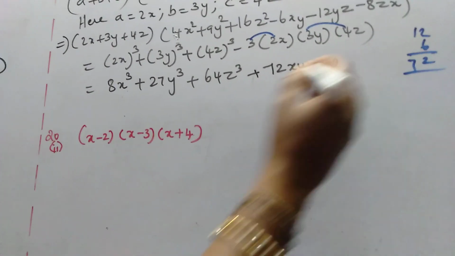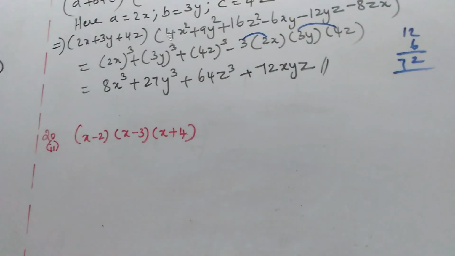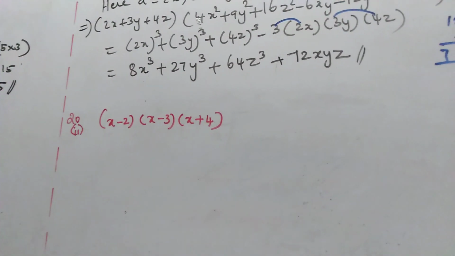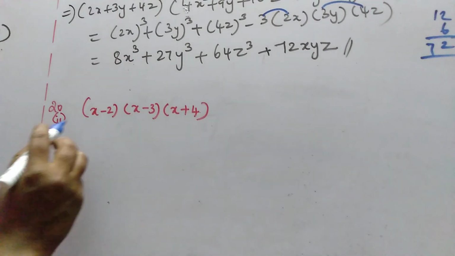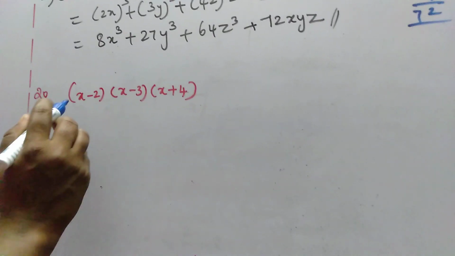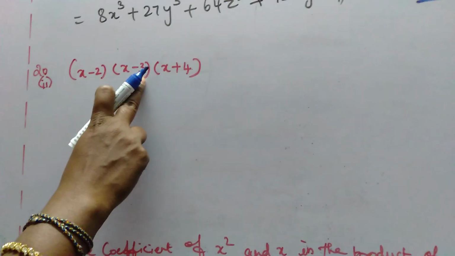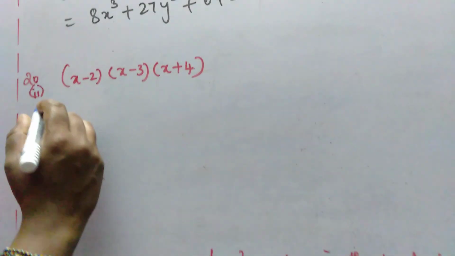This is the solution of this question. Next, which is question number 20. We want to find the product of this one, that is (x - 2)(x - 3)(x + 4). So it is in the form